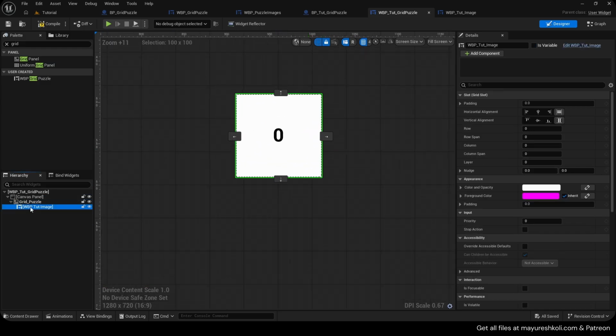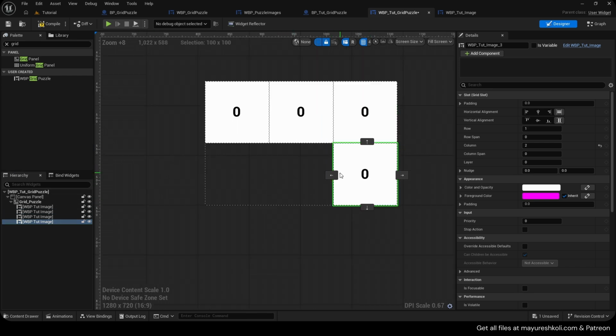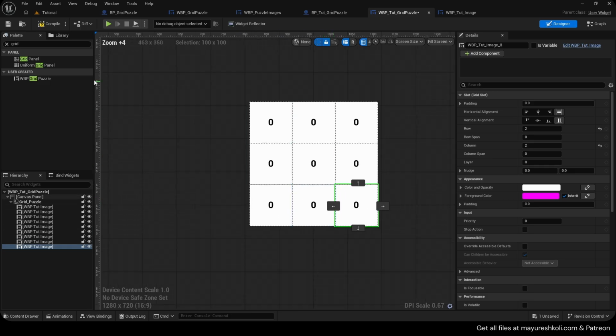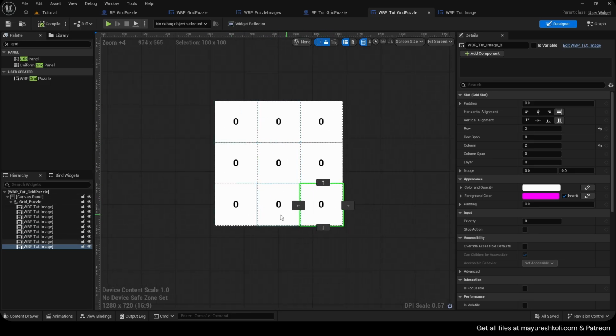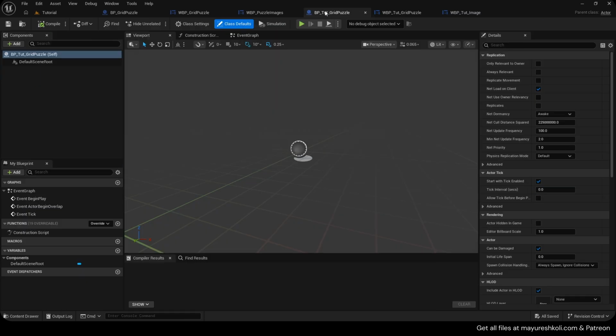Now if you press Ctrl D to duplicate, you could see it turns into 2 and then we can move it like this. Okay. I'm doing Ctrl D and moving it like this. So 3 by 3, but we can actually choose any size we want. Right now, this is not how we are going to add it. We are going to add it dynamically, but this is for testing purposes